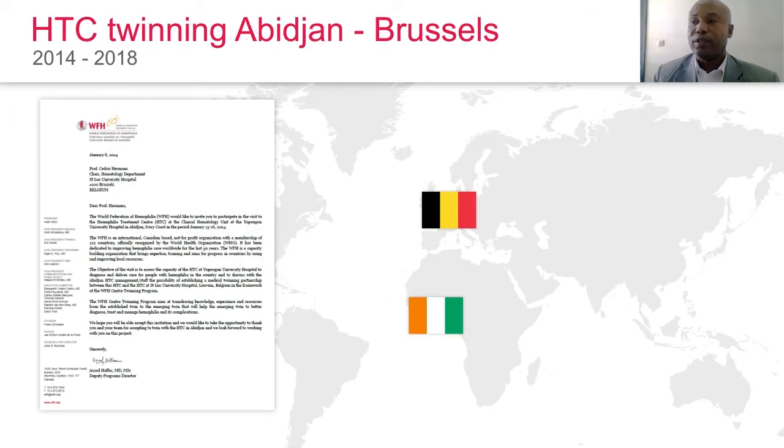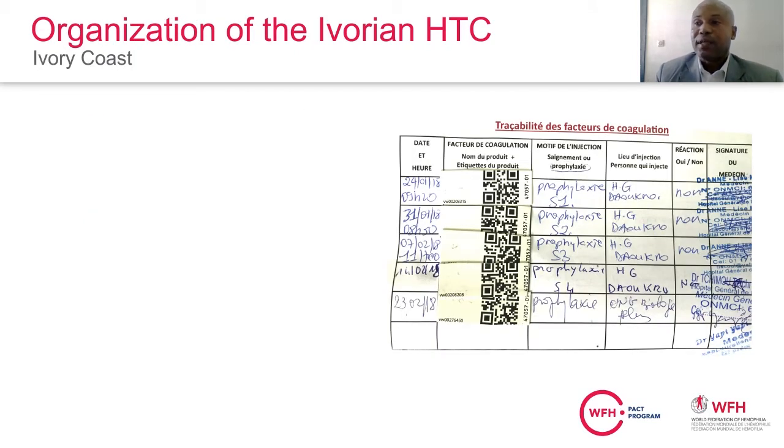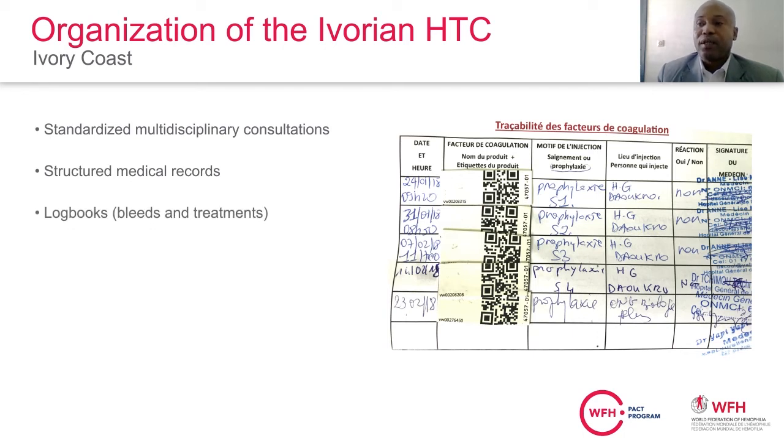With the support of the World Federation of Hemophilia, we managed to achieve an HTC twinning with the Brussels Hemophilia Treatment Center from 2014 to 2018. For this twinning, care was organized in our treatment center with the following elements: standardized multidisciplinary consultations, structured medical records, logbooks for patients where records are kept of their bleeds, whether treated or not, and the different treatments that patients receive,